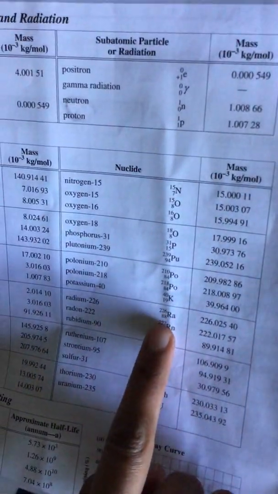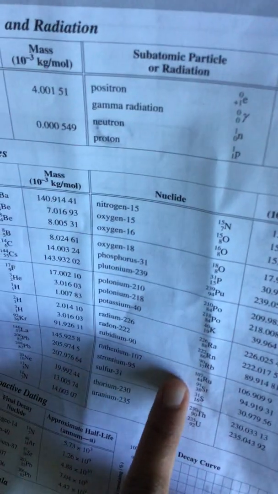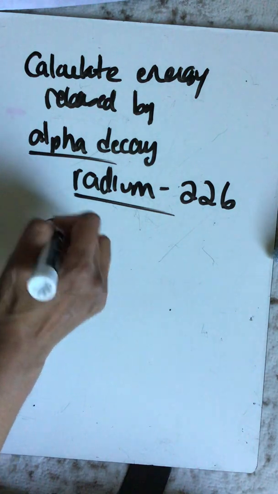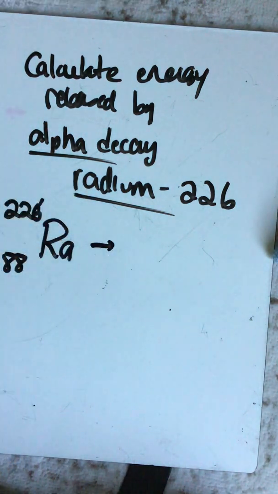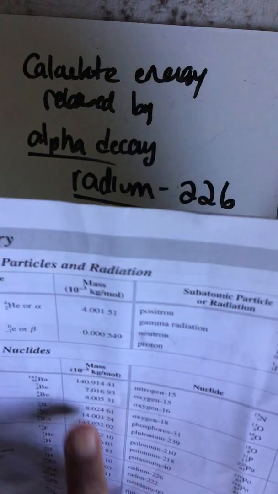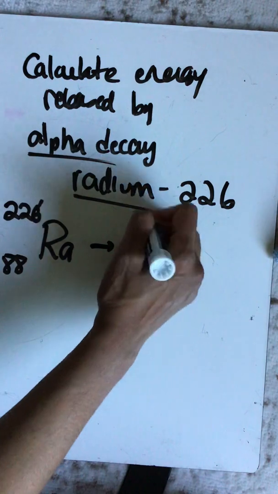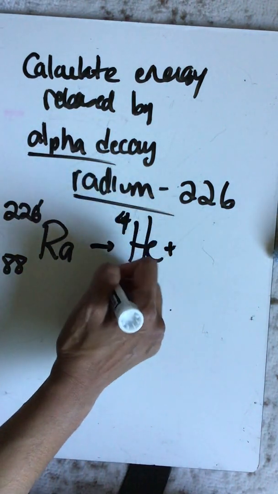Radium-226 is that. It tells you this on page 8. So you have radium-226, so we're going to write that down. Radium-226, 88, produces an alpha decay. An alpha particle is right here at the top: helium-4, 2. And remember, if it's an alpha decay and it's 4 and 2, then what's the other one you're